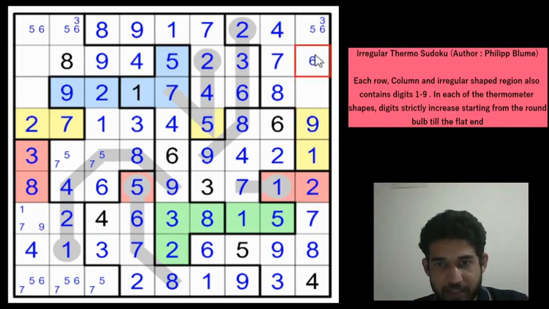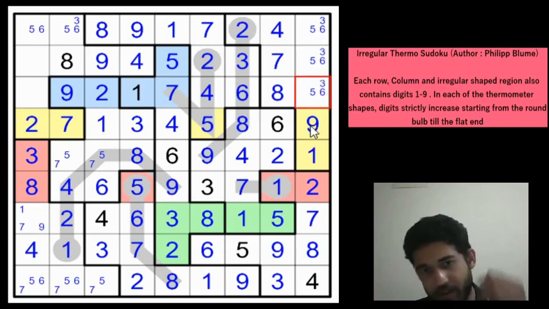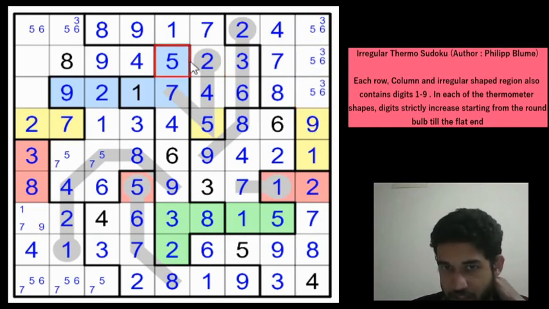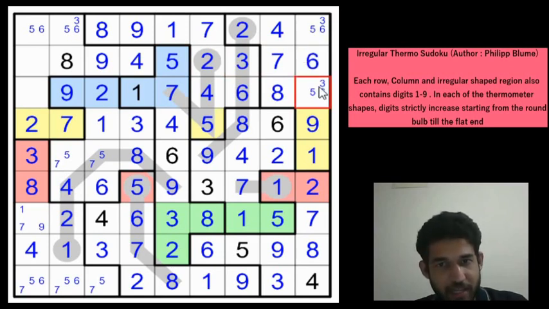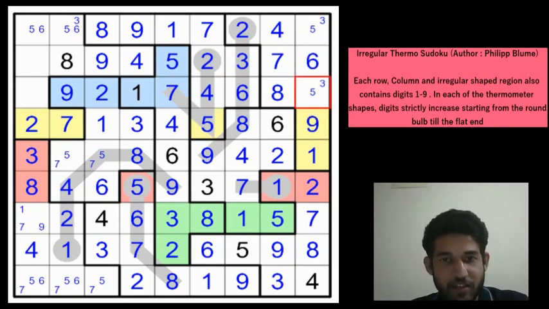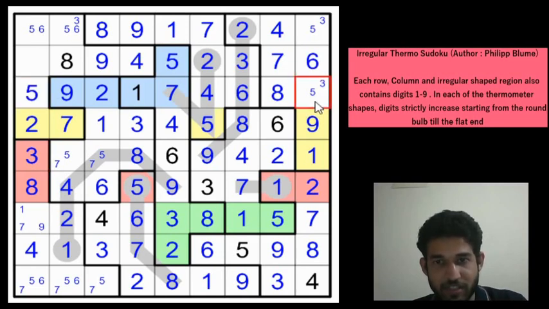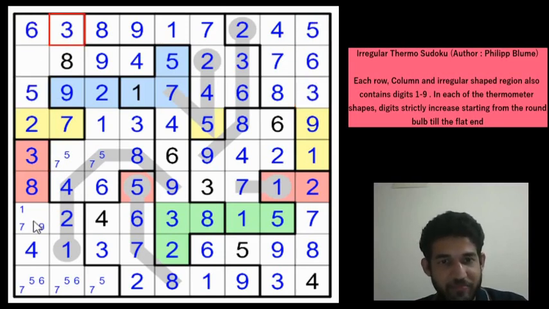And remaining digits along this column are 3, 5 and 6, right? We can write the candidates. This is 3, 5, 6, this is 3, 5, 6. Beautiful. So you have a 3, 5 here, so this will be a 6 now. And these two cells will be 3 and 5, right? So this can't be a 6, this can't be a 6. So row 3 has 3 and 5 left. This is a 3, so this is a 5 now. This is a 3, this is a 5, which gives us 6 here, a 3 here.